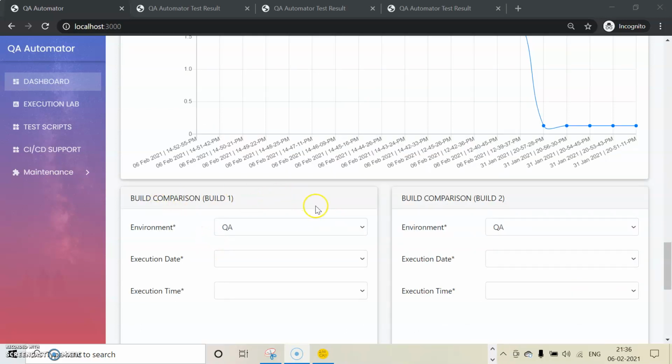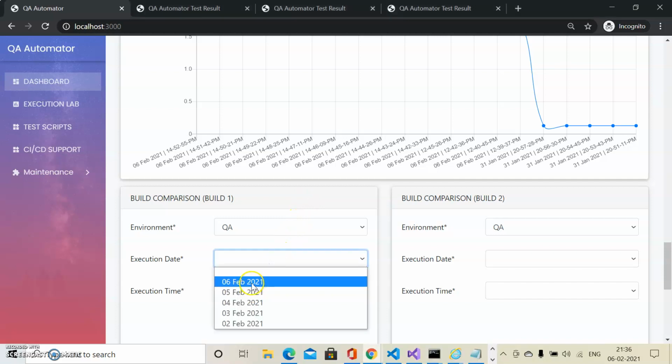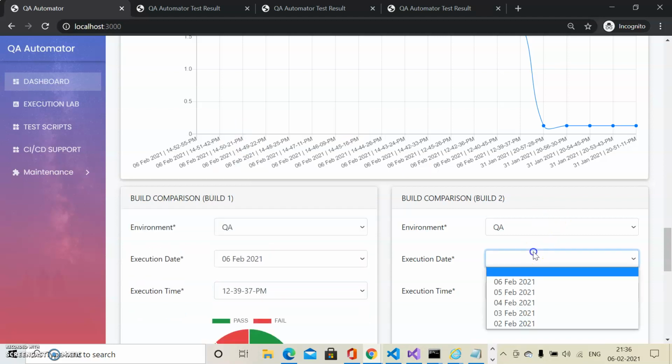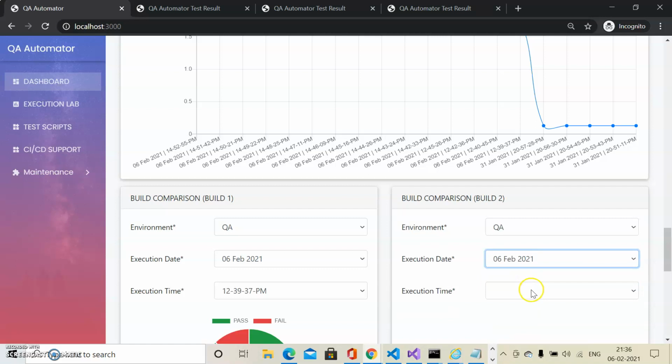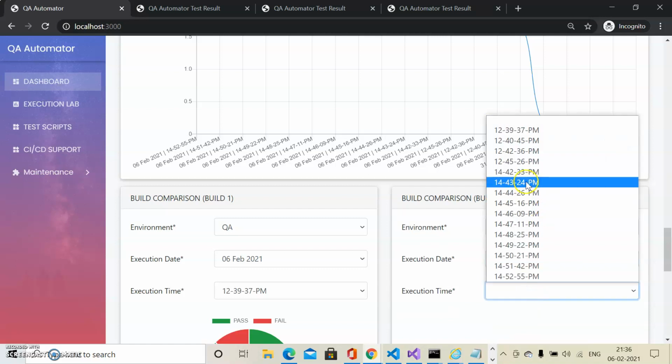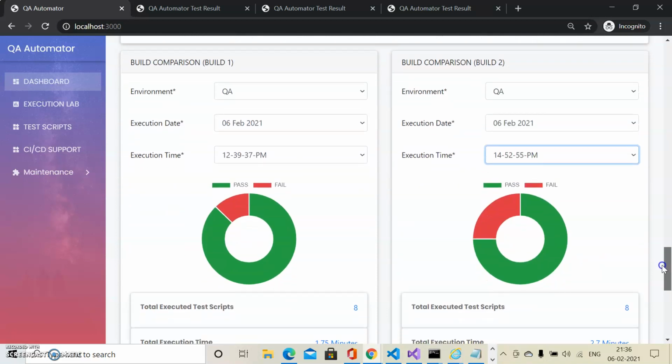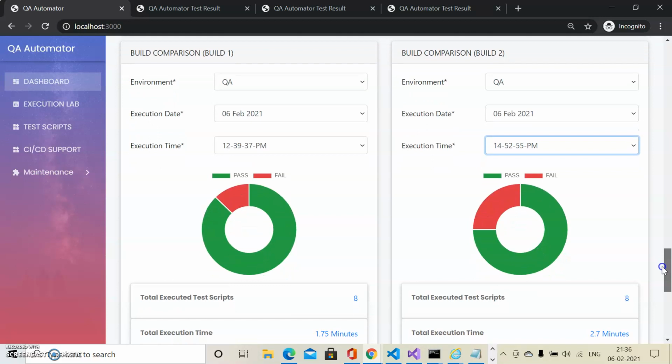Coming to this section, from here you can compare the execution behavior of any 2 builds. So let me select any date or any time. Okay, so once you select a particular date and time, all information will be auto populated, and you can compare all the details